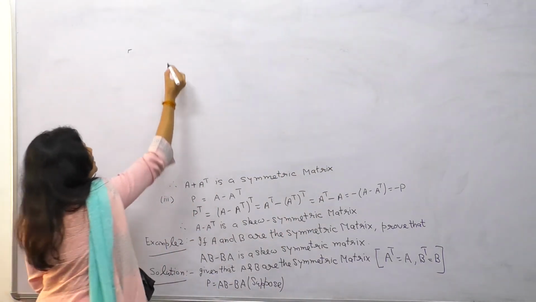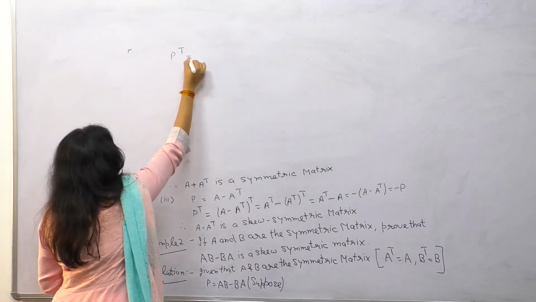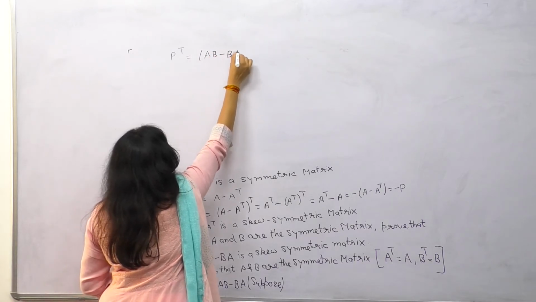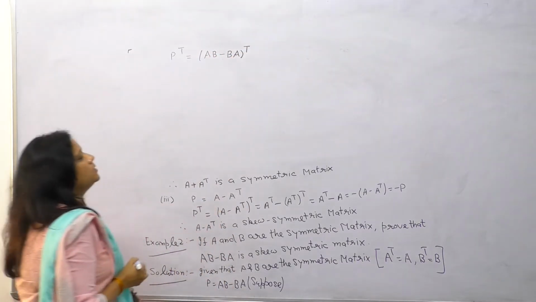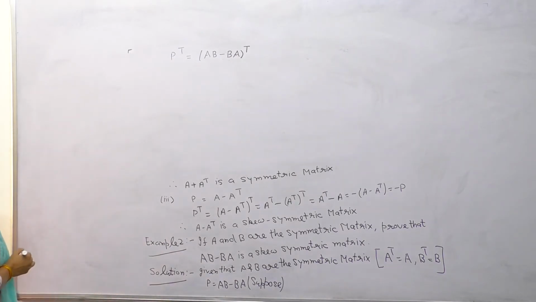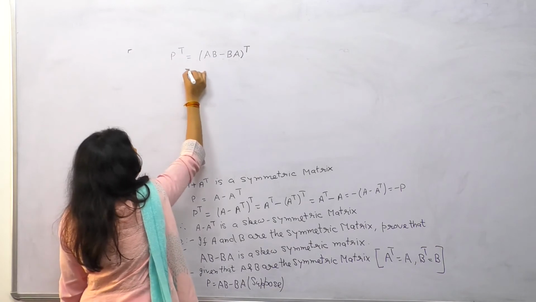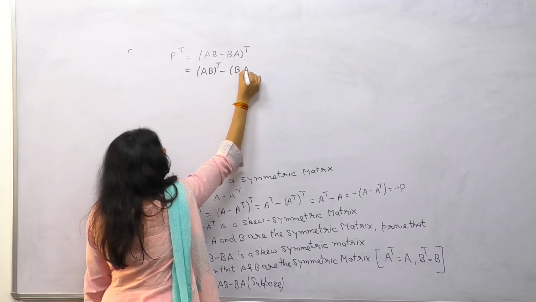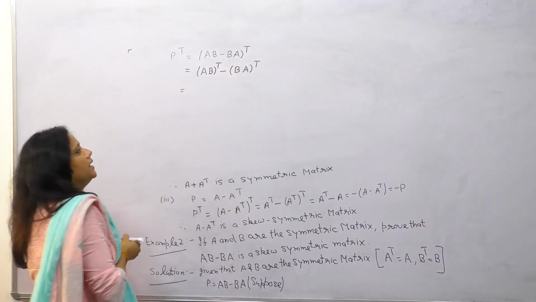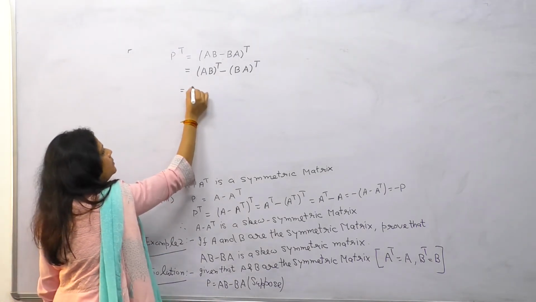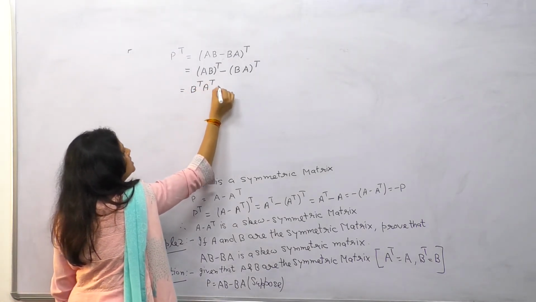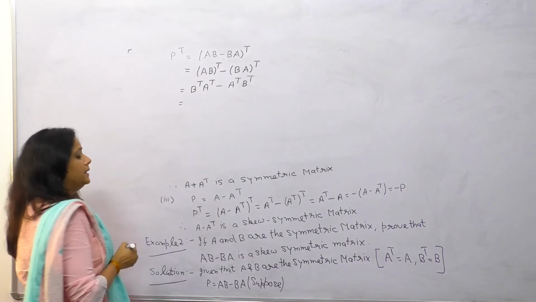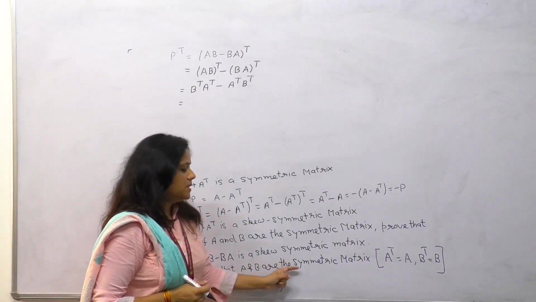So P transpose is equal to AB minus BA, transpose. This can be written as AB transpose minus BA transpose, and then by the property of the transpose, this can be written as B transpose A transpose minus A transpose B transpose, and given that A and B are symmetric matrices,